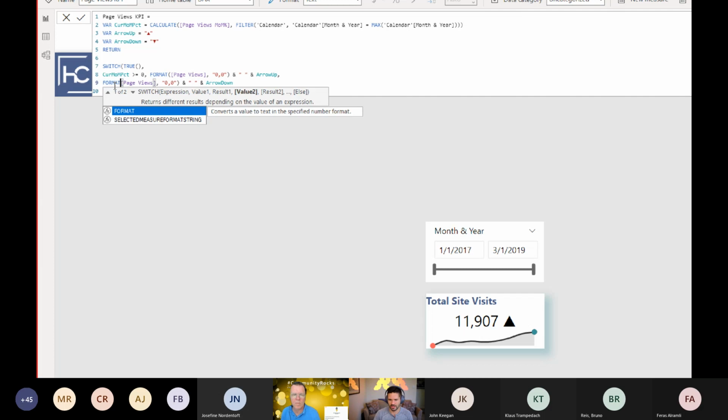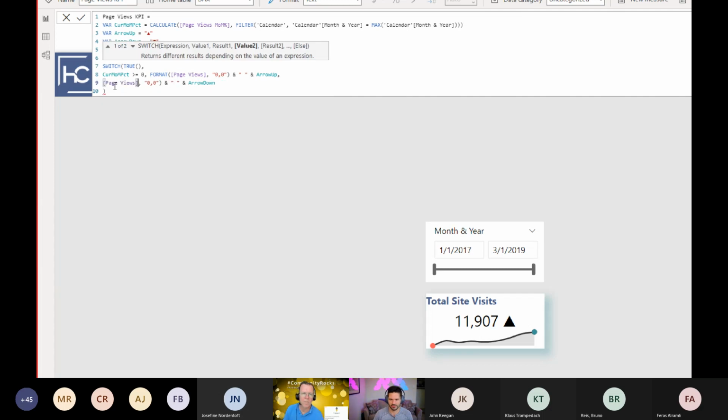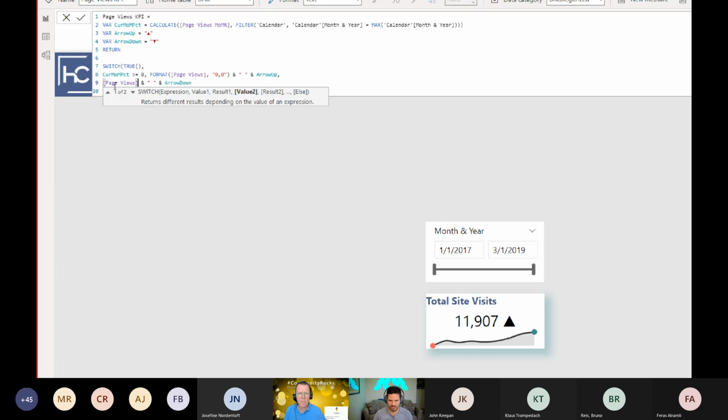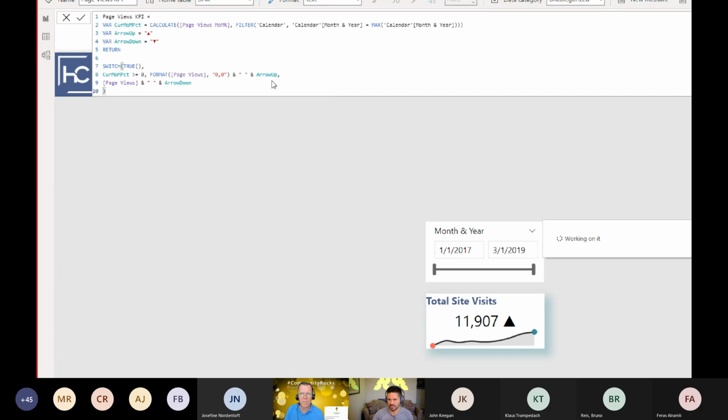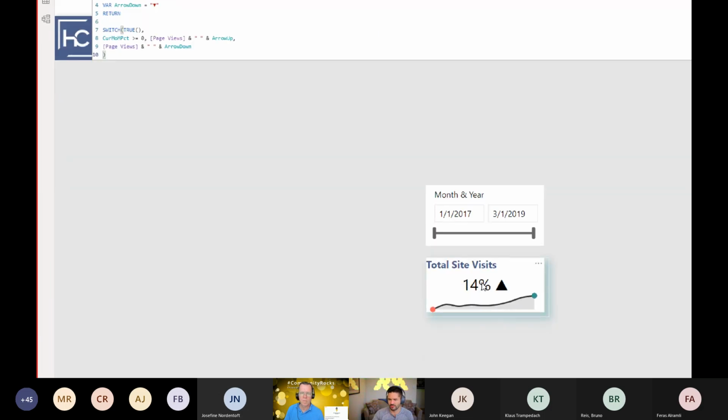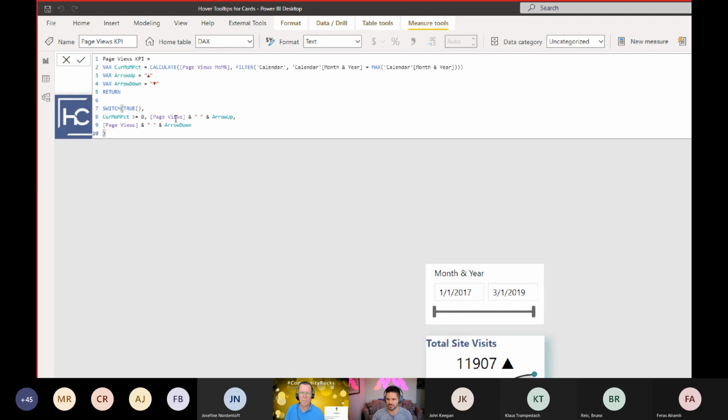If I was just to do it without that, even if the measure itself... So I think I need to do it to the top one. Here we go. It unfortunately does not inherit any of the formatting that comes from the measure. There you go. So even though the measure has been formatted, as soon as it converts it to text, it just puts it as flat characters in there. So you do need to wrap it in a format to get it to successfully convert and to keep the formatting that is in there.